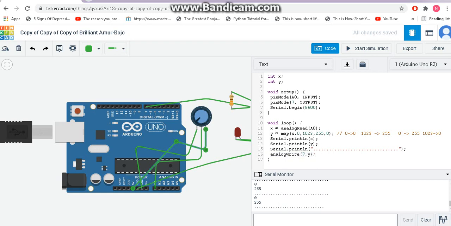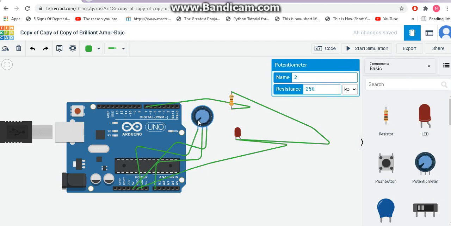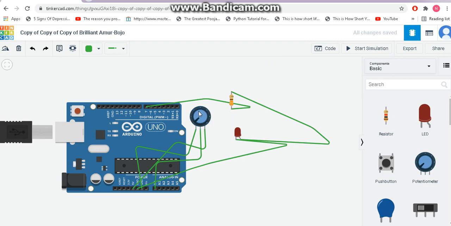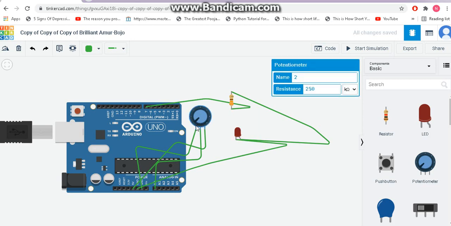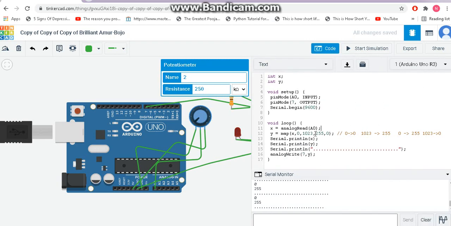You may not be able to see the brightness changing, but you will be able to see when it is at the minimum point the LED is on, and when it is at the maximum point the LED is off. Normally it was the other way around. When it was at the minimum point, the LED was off. When we increased, brightness increased and the LED was at the maximum when the potentiometer was also at the maximum 1023. But now, when the potentiometer is at the minimum, the LED will be at the maximum, switched on. When the potentiometer reaches the maximum, the LED will be at the minimum, switched off. That is what is going to happen now, because we are in the reversed scenario.